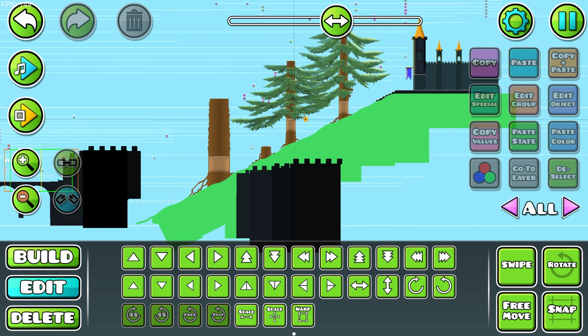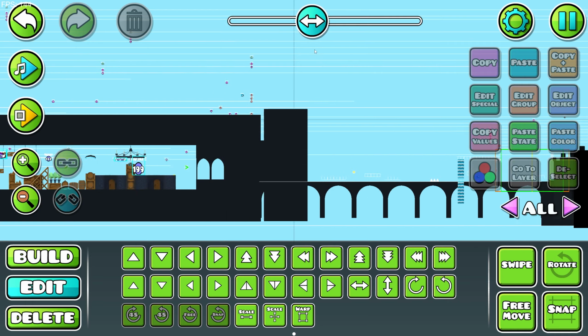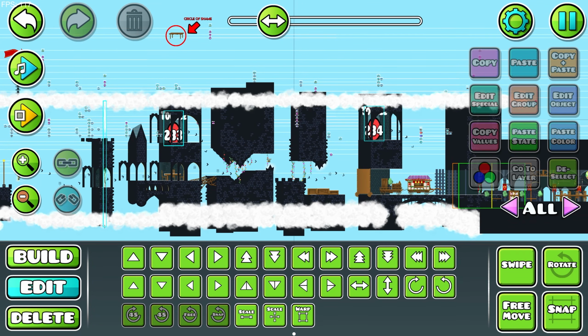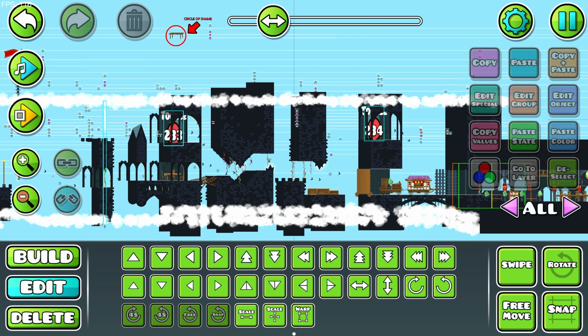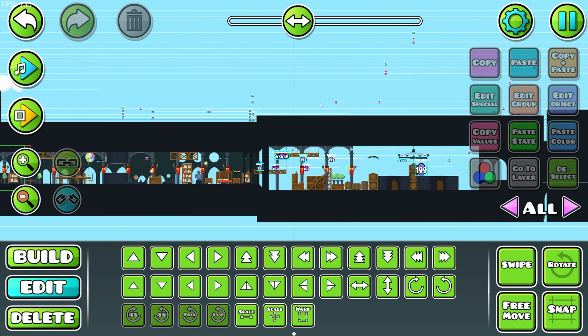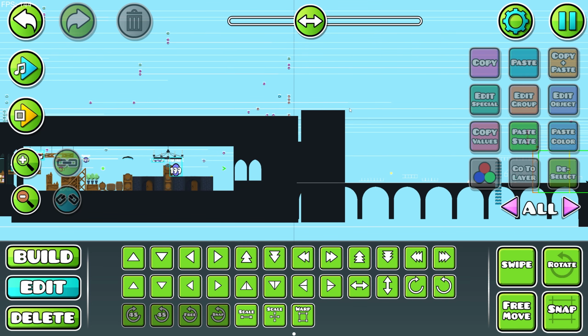A lot of them are going to be either under the hood or very minimal, because I really want to go through and sort out these bricks and make them look a lot more visually appealing, which will take a lot of time, and I'll probably have an episode where it's just a time lapse of me fixing that up. But other than that, I'm getting very close to finishing this level, which makes me very excited